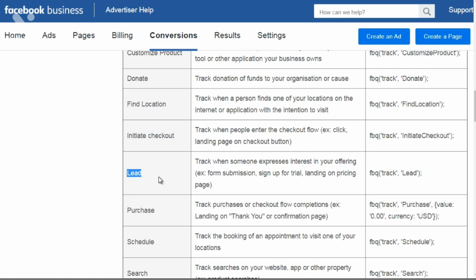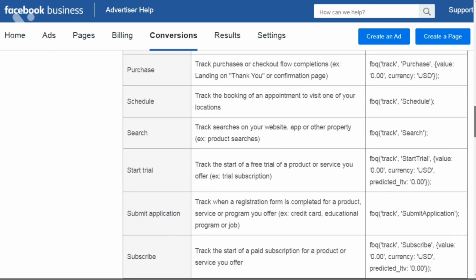They could land on a specific page where you would deem them to be a lead, and you would use that code right here. And then we have purchase. They also have a code for that and a value. So if you're using USD in the United States of America, you would put the number here. So if it was $47, you would put 47.00